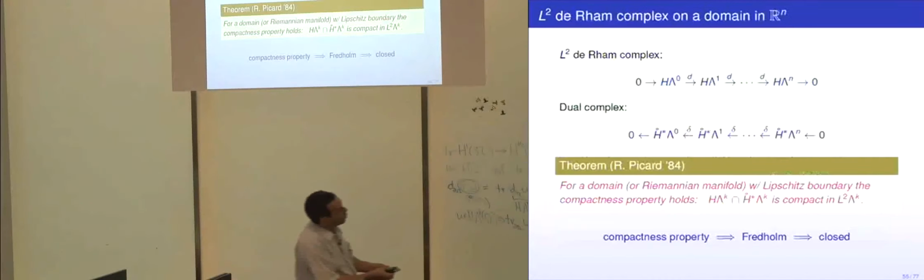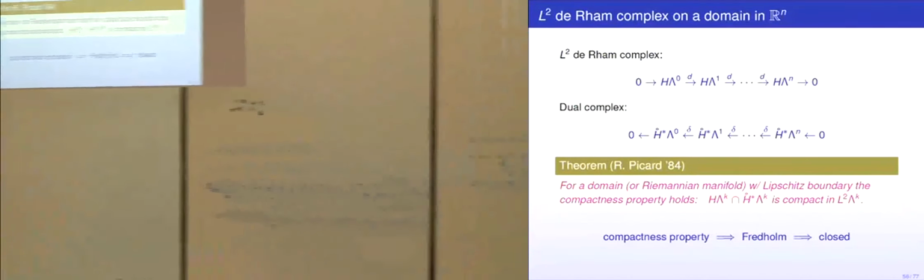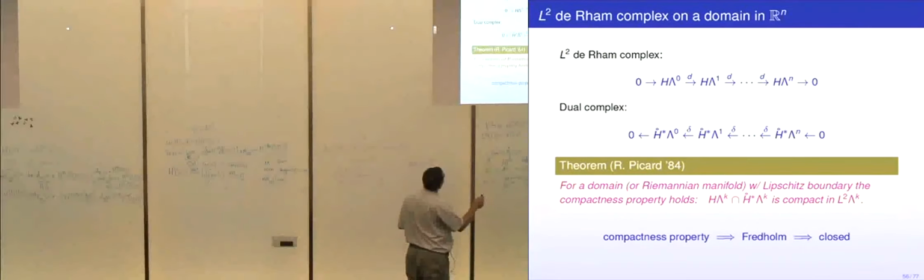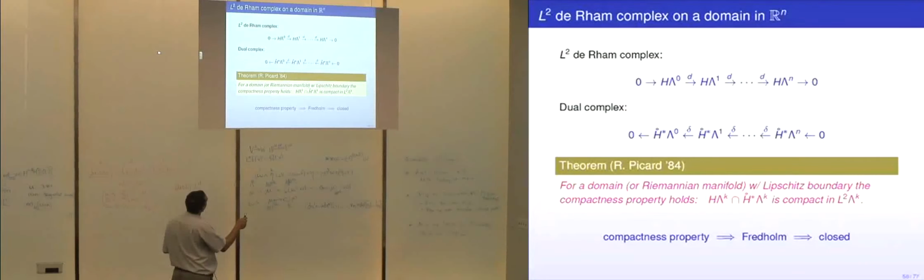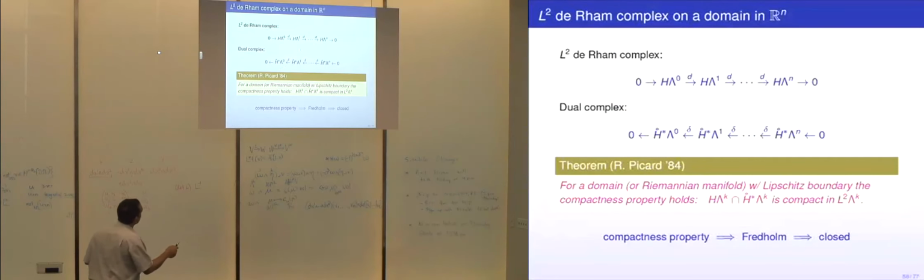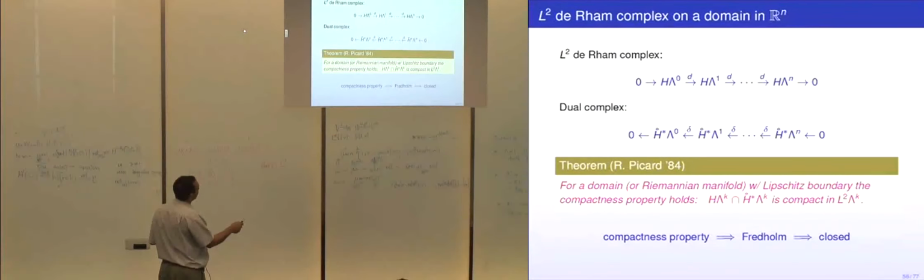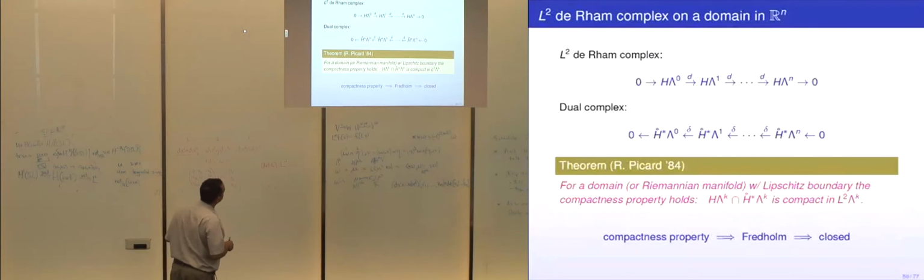And so now we have a de Rham complex on a domain in Rn, which is: you take zero forms, which are in L2, and their D is in L2, and you take D of them. So their one form's in L2, and their D is 0, so they're in H lambda 1. You take D of them, and so forth. And then we have a dual complex back, and that would be with the deltas, except all the spaces would be the star spaces with boundary conditions. We get the dual complex.